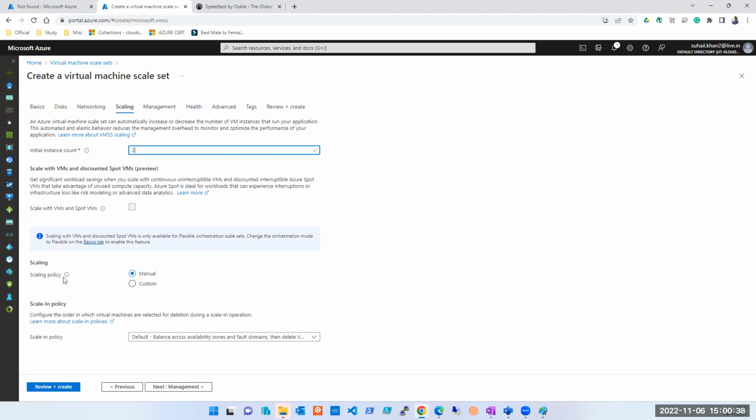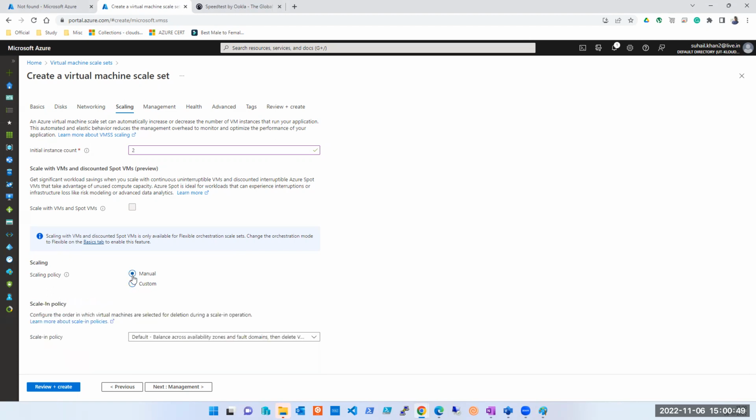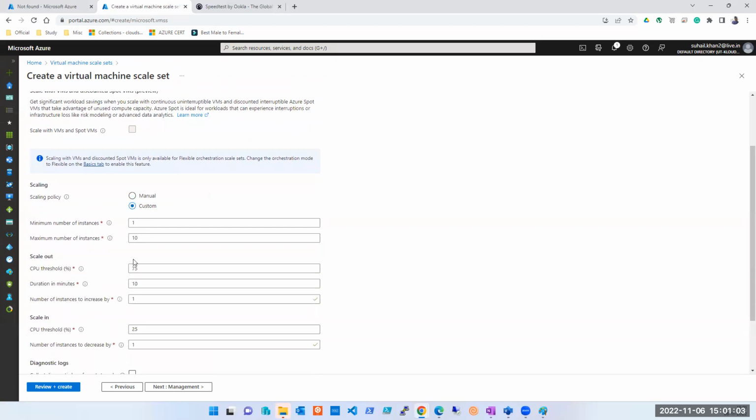So this is scaling policy. Now scale in policy. Or do you want to see the manual first or custom first? You tell me, guys. Or did you understand the manual, by the way? What is manual? Yes. Okay. So let me show it to you custom. Manual, maybe we'll come back and do the manual. Manual is the easiest one.